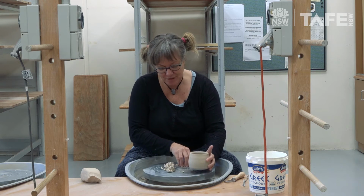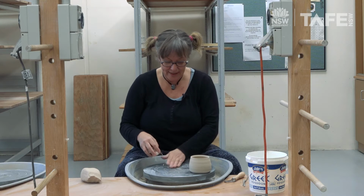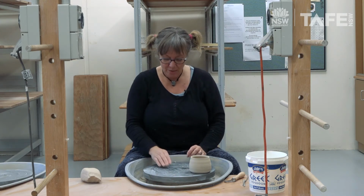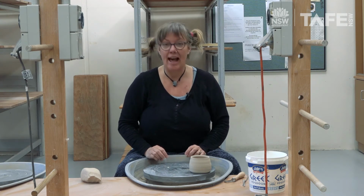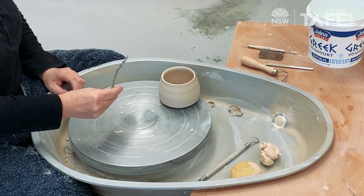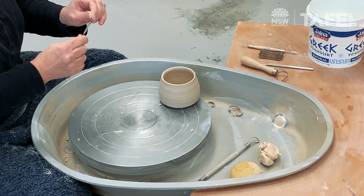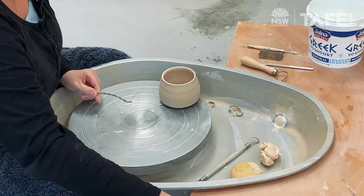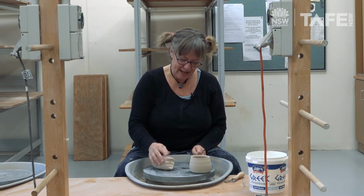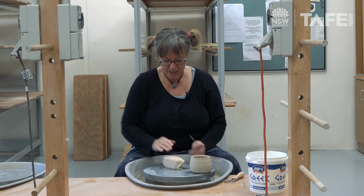So at this stage you might decide that you want to put a handle on the cup, and there's a lot of different ways that you can put handles on. So I'll show you one way that I do it. I've made this tool, this little handle maker. It's a piece of wire and I've twisted it. It's quite a firm wire, so there's no flex in it. And I've got this piece of clay here and I'll just get it into